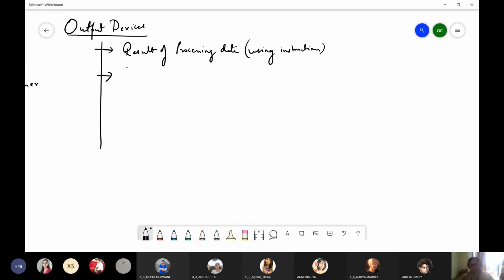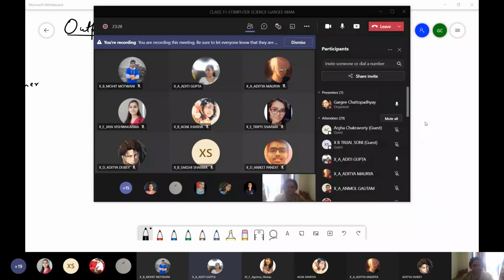Some commonly used output devices, the very commonly used one is your monitor, your touch screen. Ma'am, printer. Yes, one second, I'm coming to that. The touch screen interface on your mobile phones acts as your input device also and your output device also. If you are tapping something, typing something, selecting any command, or dragging and dropping, or zooming in or zooming out, at that time, it works as an input device. And when you are seeing something, it works as an output device. Yes? Ma'am, speaker is also an output.